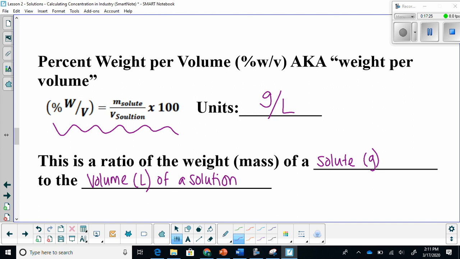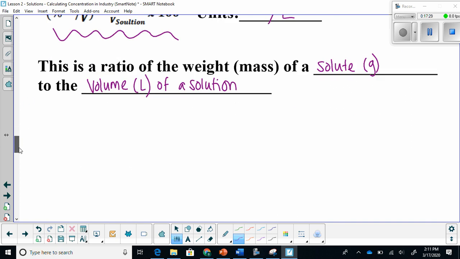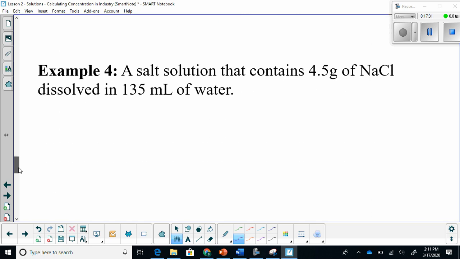Let's go ahead and do an example. All right, we have an example saying a salt solution that contains 4.5 grams of NaCl is dissolved in 135 milliliters of water. We need to determine